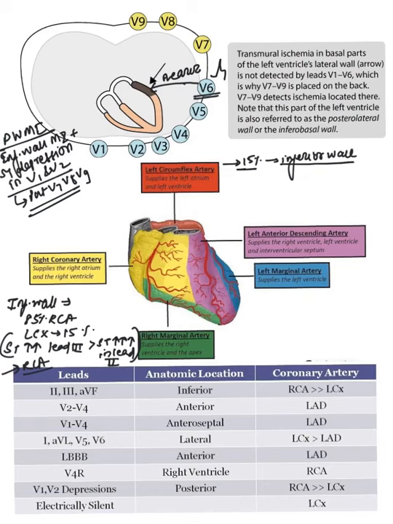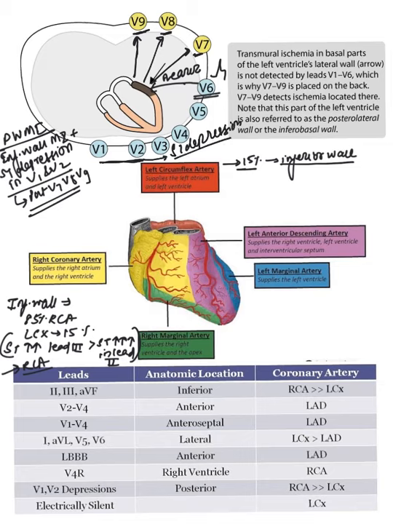Now let's understand the posterior wall MI. This is the anterior wall, this is the posterior wall, these are our usual 6 precordial leads, and this is the infarcted segment. In ST elevation MI, the wave of depolarization will be directed outwards, towards V7, V8 and V9. If we look at it from the V1 and V2 point of view, this wave of depolarization is going away from V1, V2. So V1 and V2 will record ST depression, as we have learned.